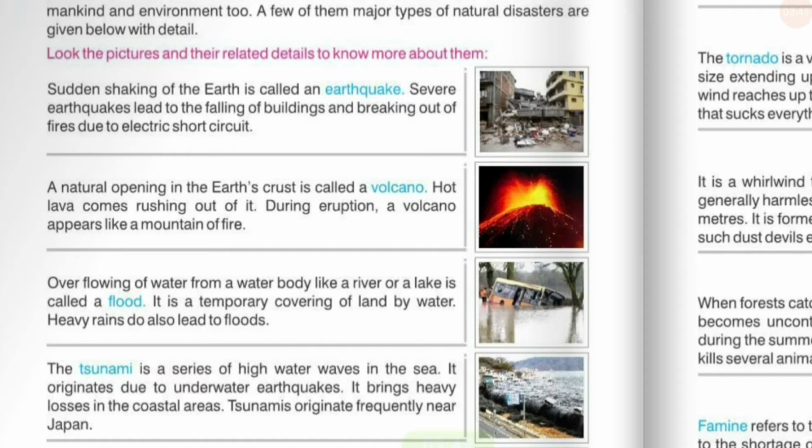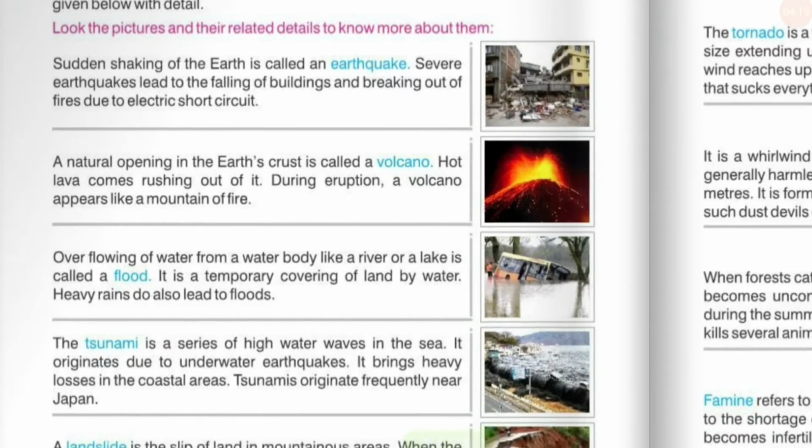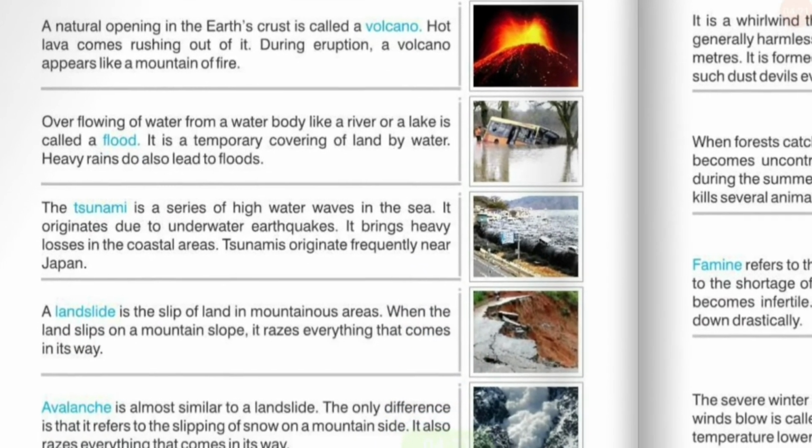Next is the tsunami. The tsunami is a series of high water waves in the sea. It originates due to underwater earthquakes. It brings heavy losses in the coastal areas. Tsunamis originate frequently near Japan. So students, tsunami is another natural disaster. It is generally caused by underwater earthquakes, or you can say sudden earthquakes